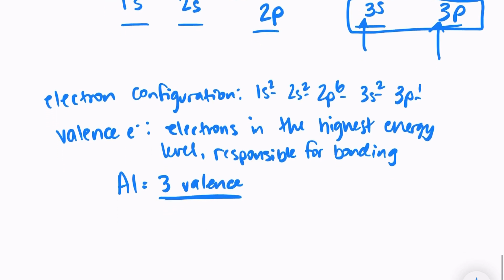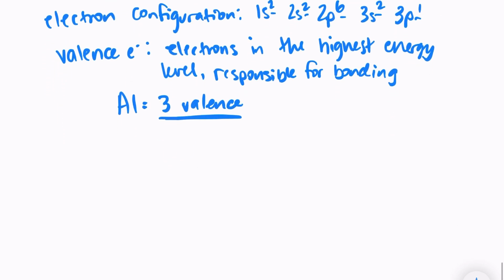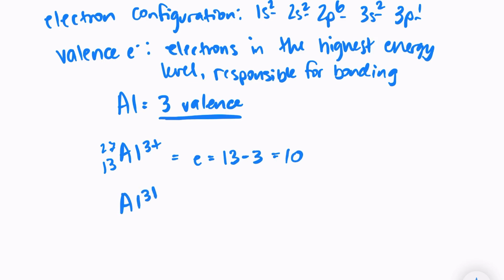You also need to know how to write out the electron configuration of an ion. So if we looked at aluminum 3+, remember that the electrons are equal to 13 minus 3, or 10. So for aluminum 3+, I would write out the electron configuration as 1s2, 2s2, 2p6, and that is it for